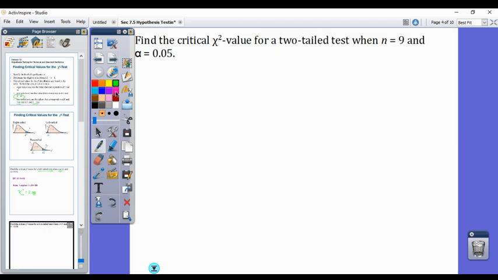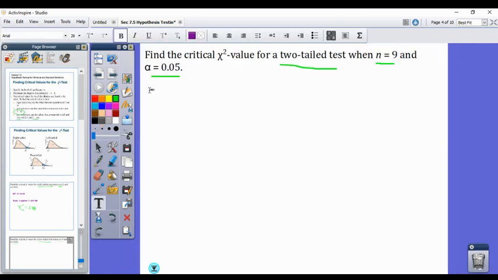Okay, so let's do another one. In this case, we are now performing a two-tailed test, our sample size is 9, and our alpha is 0.05. Okay, so the first thing that we're going to note is our degrees of freedom, which is going to be 8, and I get that by subtracting 9 minus 1. And then we have 2 things that we need to do. The first thing is 1 minus alpha divided by 2. So if I do that, that is 1 minus 0.05 divided by 2, which is going to give me